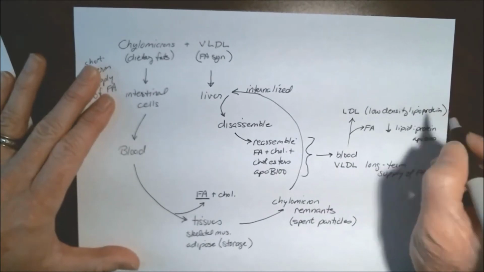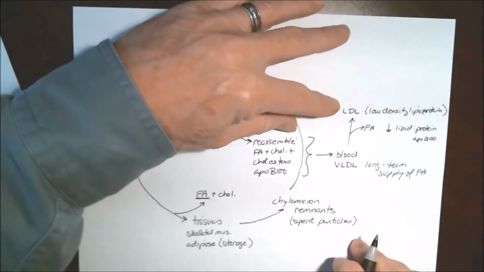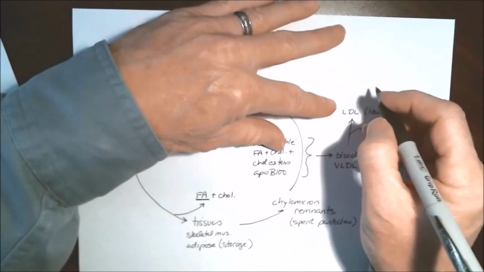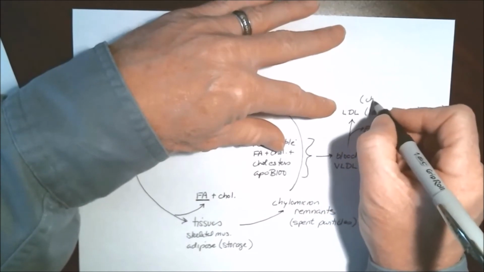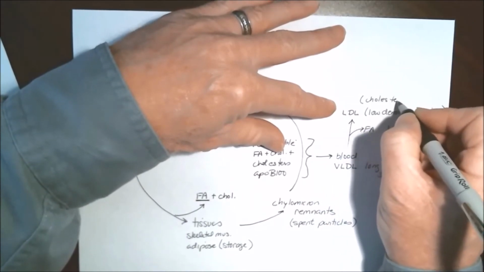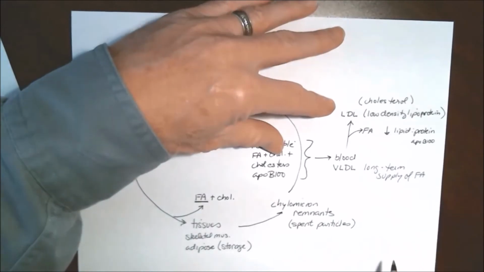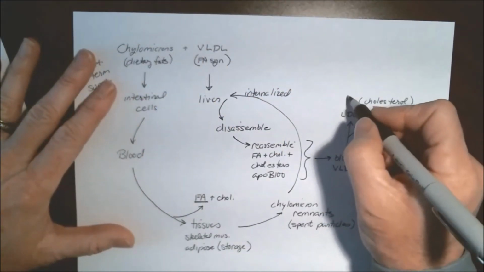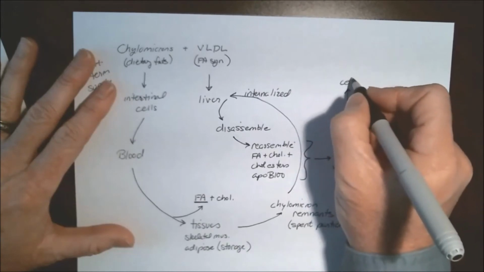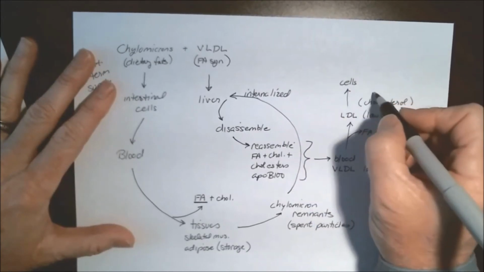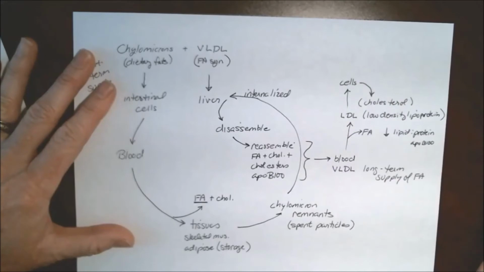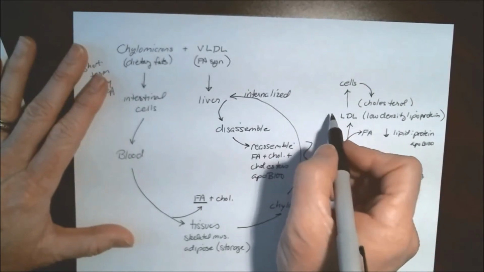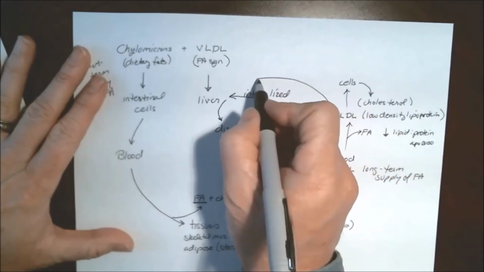And this LDL component here is now very much reduced in its fatty acid content, and this will essentially be enriched in cholesterol and cholesterol esters. Now, cells can also take up this LDL, and it will provide them a source of cholesterol. If cells do not pick this up, our friend, the liver,